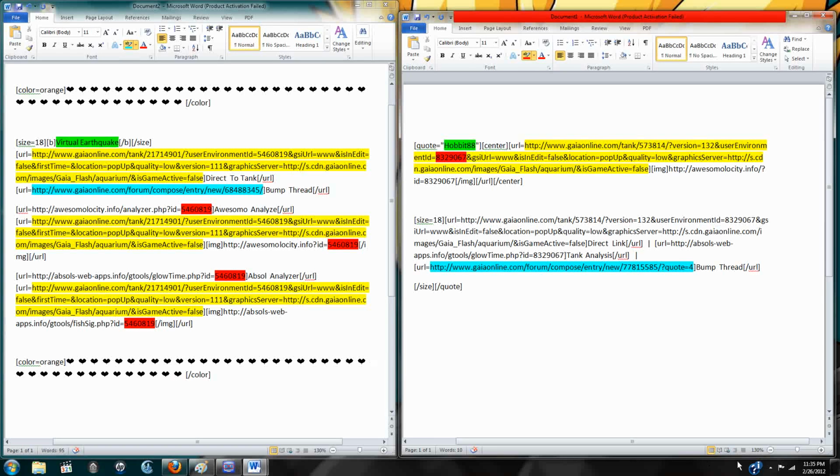Okay, so this is Hobbit88's first tutorial on how to edit postings from the main tank page to the text-only page. So as you can see, I have two different Word documents opened up here on my computer, and I have